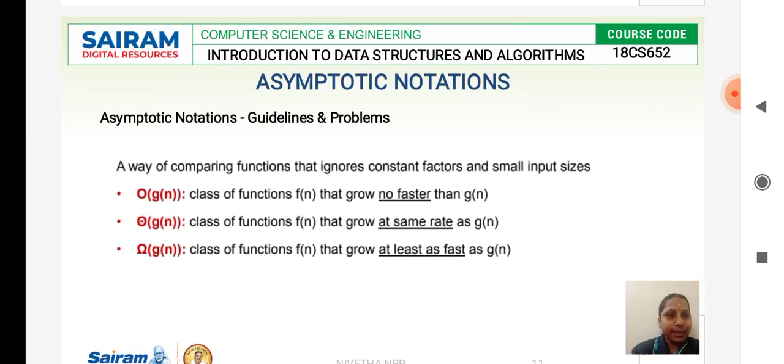And we have a few guidelines when we implement or concern ourselves with asymptotic notations. With this we will be able to compare the constant factors with the input size. With this asymptotic notation, we will be able to compare our constant factors with our input size. So for theta of g of n, it specifies that your function should go faster, in the second case it remains at the same rate, and in the third case it goes at a higher rate.